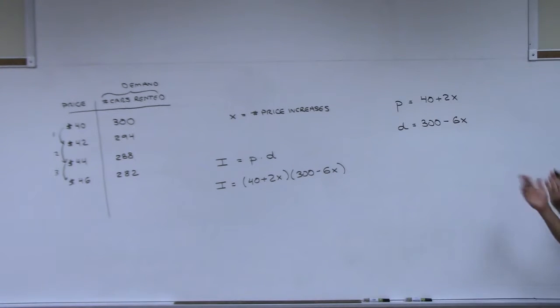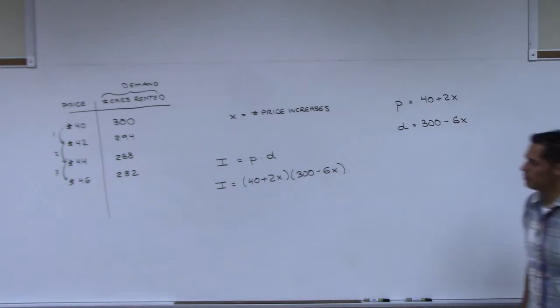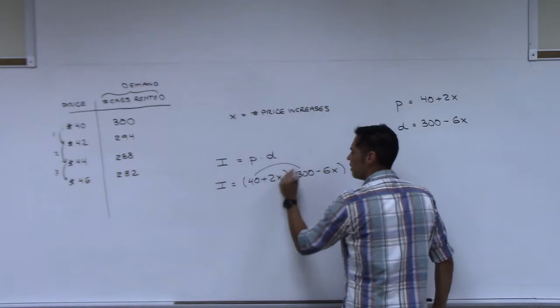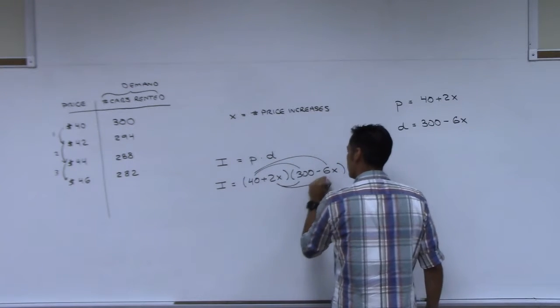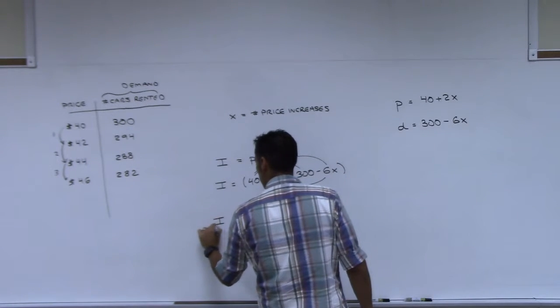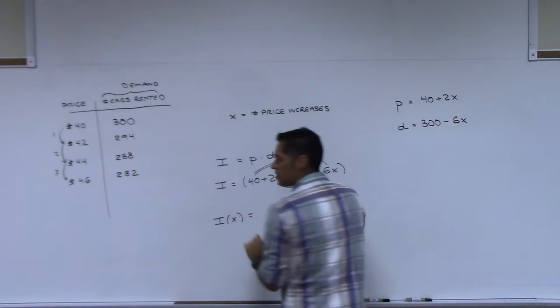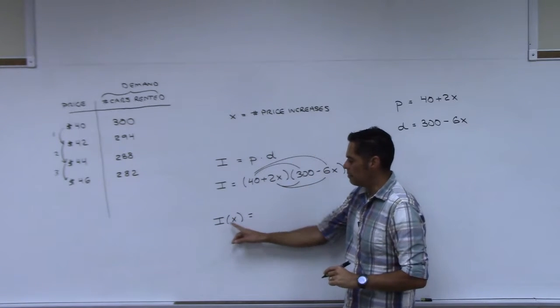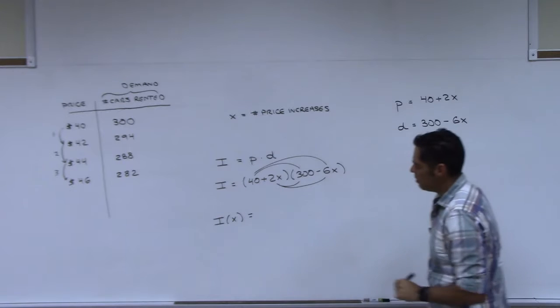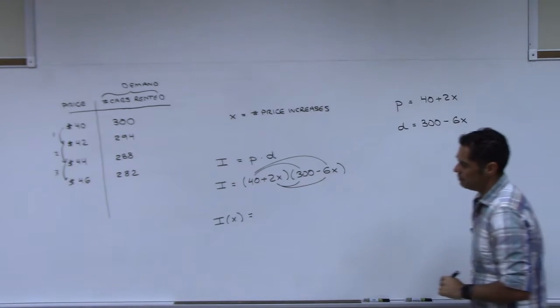And then we just multiply this all out. So let's multiply here to here, here to here, here to here, here to here. And we're going to get a quadratic equation, and it's just going to have x in it. So that's why I'm putting I, income, as a function of x. So what is that? 12,000